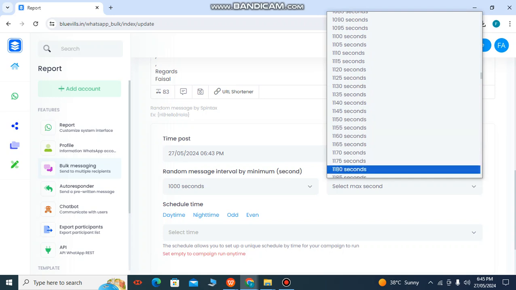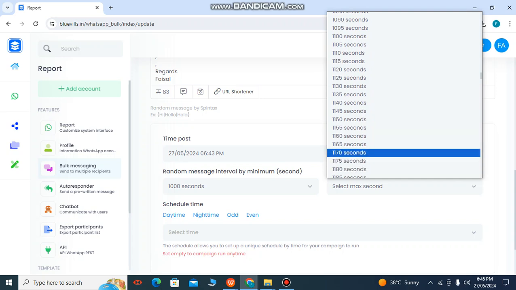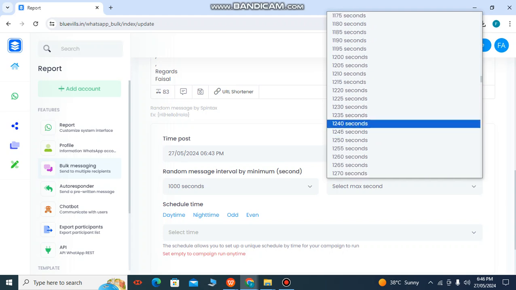So this helps us to avoid artificial intelligence detection by WhatsApp. This feature sends randomly at different times, so WhatsApp cannot detect a sequence in the messages. That's how the blockages can be minimized in this WhatsApp.